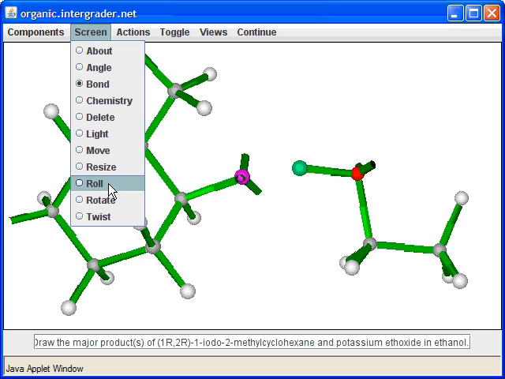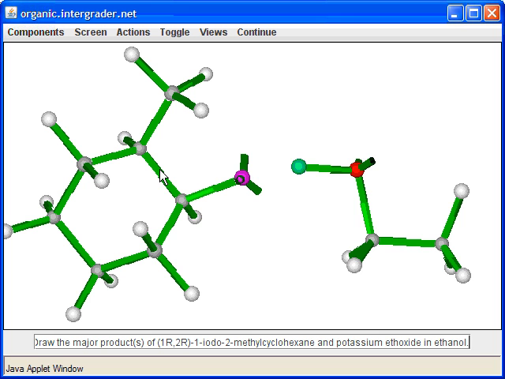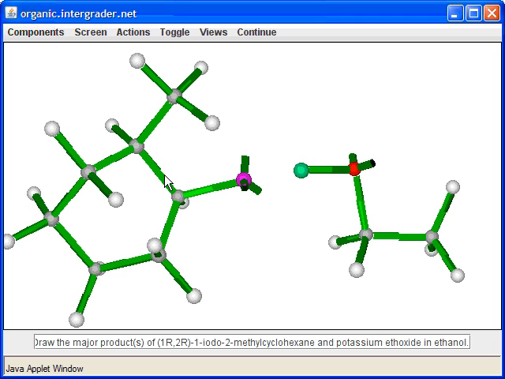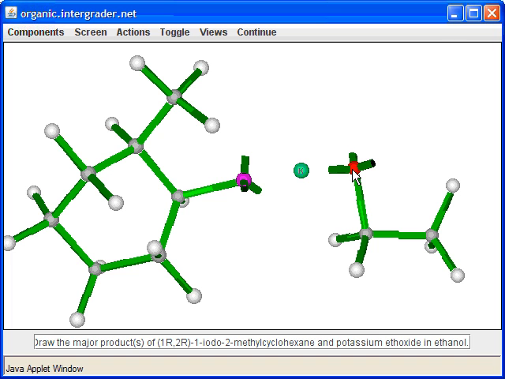Once we do that, let's go ahead and roll this around, and let's check whether this is actually the RR component. Let me also ionize off or separate the potassium and the oxygen here, remembering that this is an ionic compound, a salt. So let's check this. This is priority 1, this is priority 2, this is priority 3, so this is R on this chiral center right here. On this carbon right here, this is priority 1, this is priority 2, this is 3. So this is actually S.